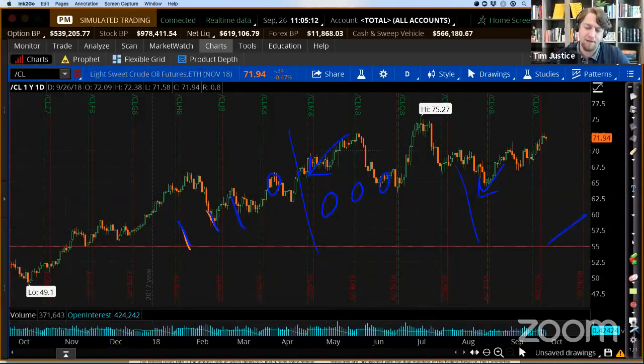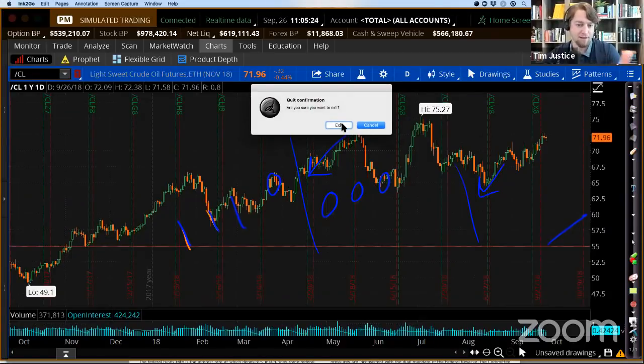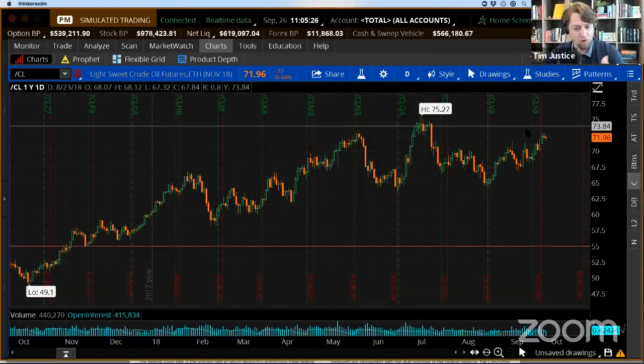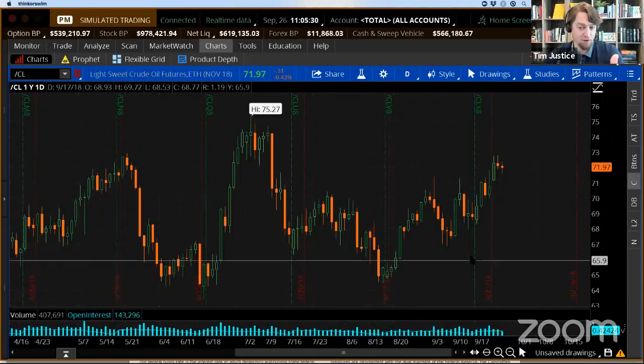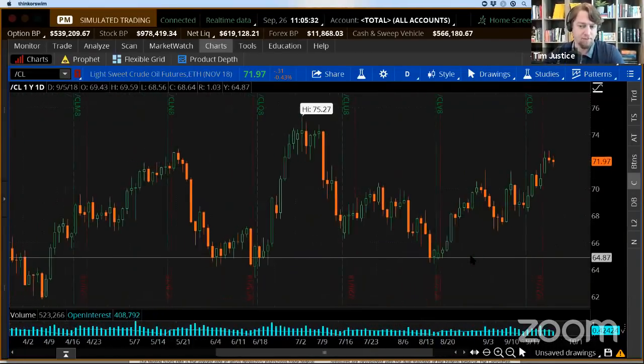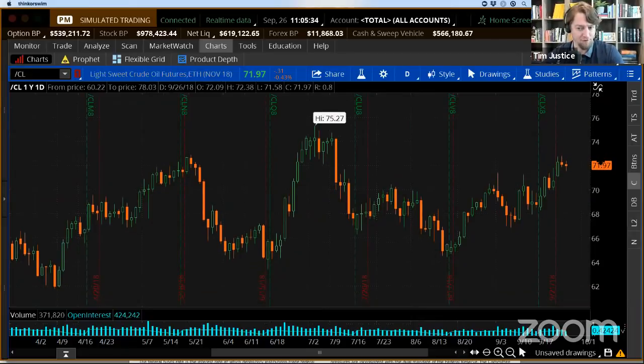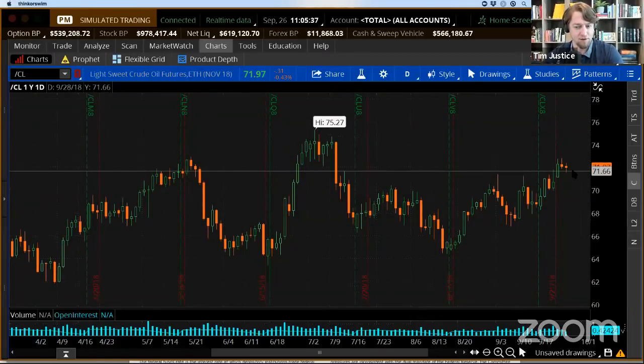Matt, from a chart perspective, we've talked about buying crude for a while. This is something we've been hesitant to get on top of because of some inconsistency on the breakout. Noah, you'll see those candle tails at the end of August and the beginning of September, where it was trying to break that 70 level and then would pull back. Higher pivot low, higher pivot low. Here we are on a breakout, Matt. Would you be waiting for a pullback into like the 71 zone, 70 zone? What are you looking for here?